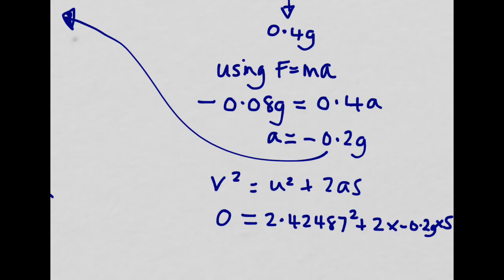If I tidy that up, I can write 0 = 5.87999. I've got the rest of that in my calculator, so I am going to use that. Subtract 0.4gs,